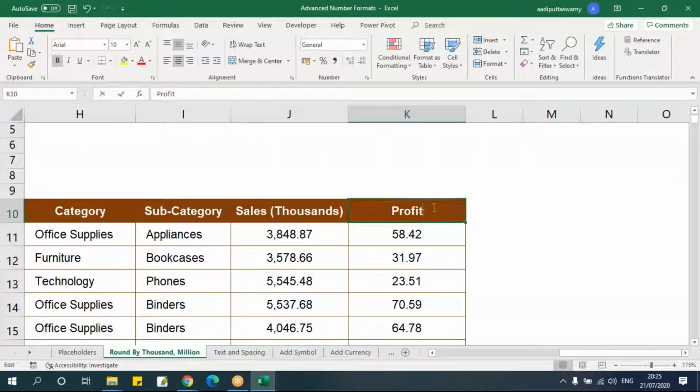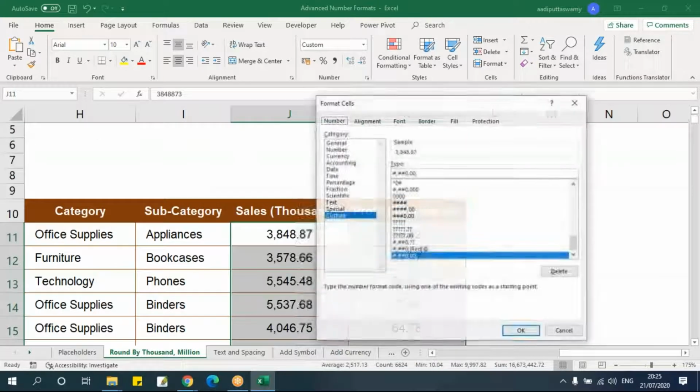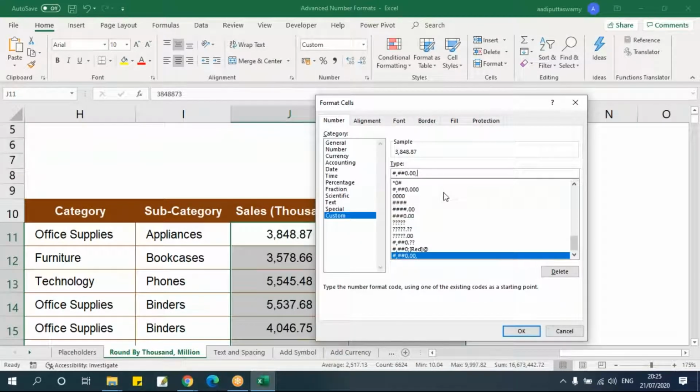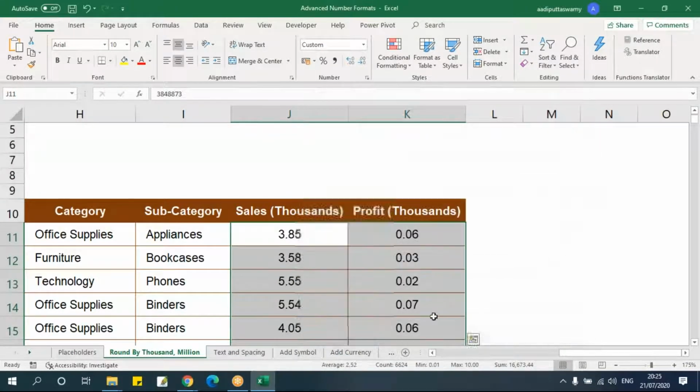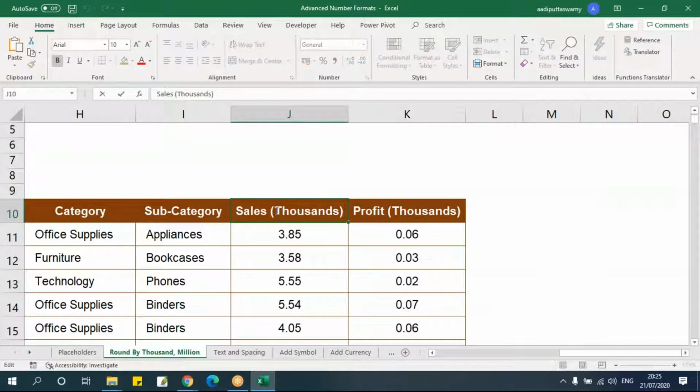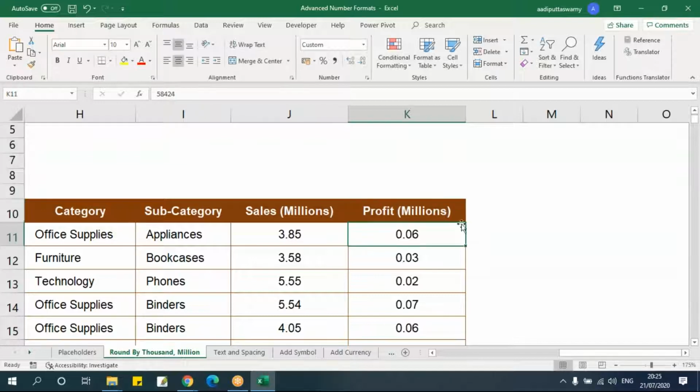Even this also is in thousands like this. Fine. Let me select this. I want this in millions. So what I'll do, I'll put one more comma and say okay, see, this will become in millions. I'll change this to millions. Same thing, I'll go here. I can change this to millions like this. And I can give a label saying that this is in millions.